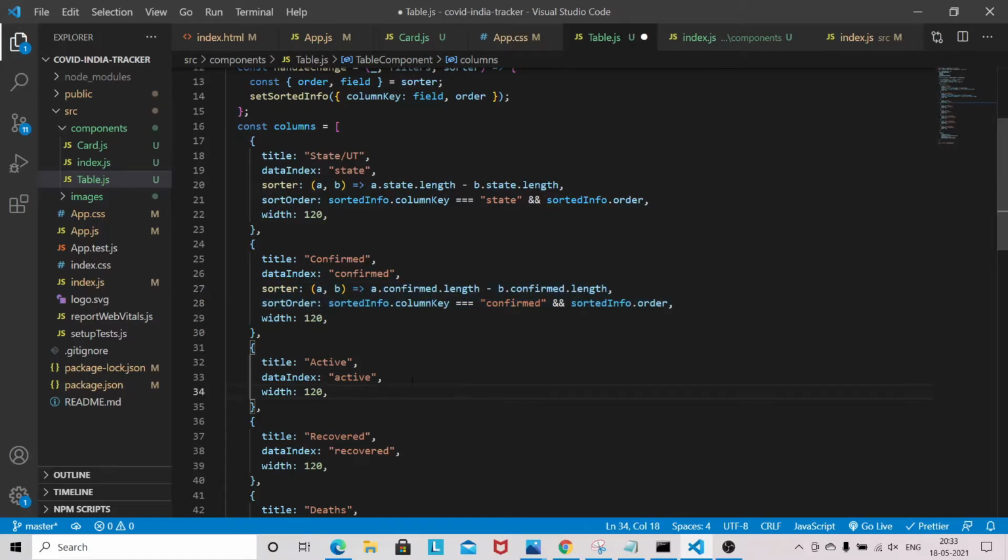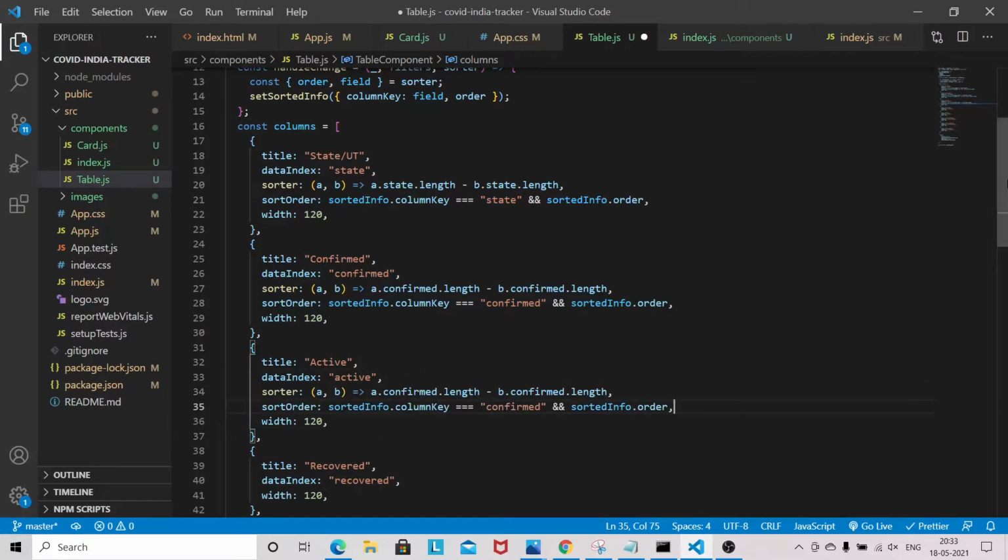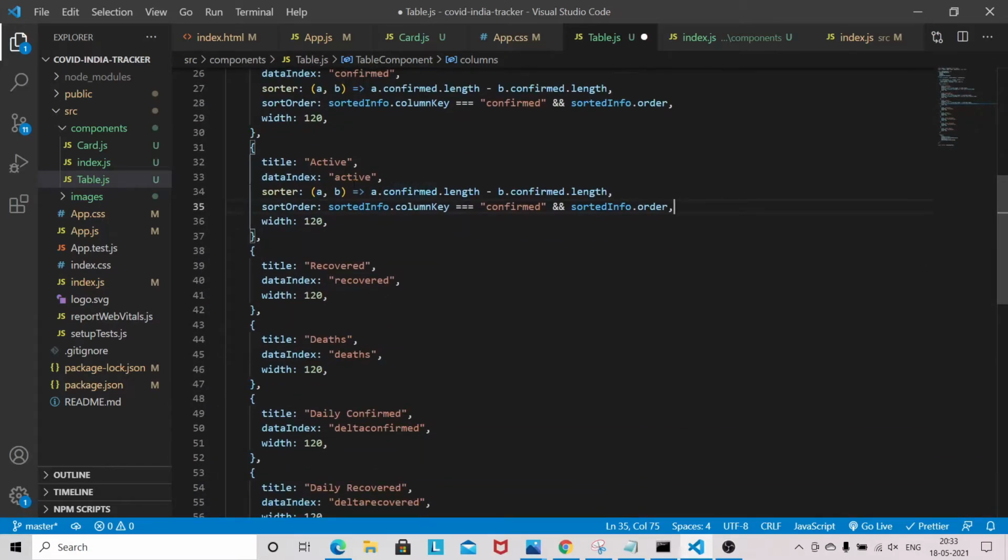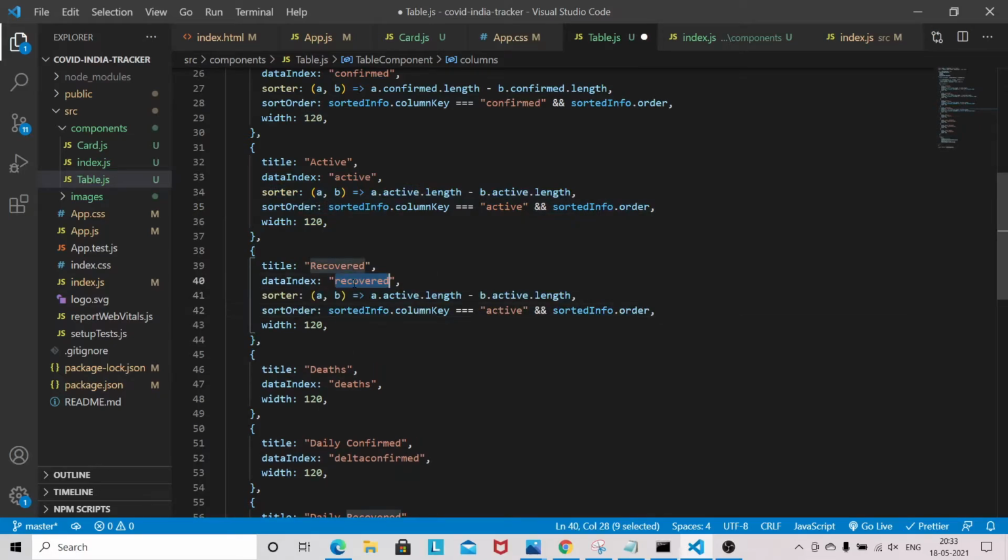So we have to do it for every column. Here it will be active, now recovered. We need to copy only these two things.